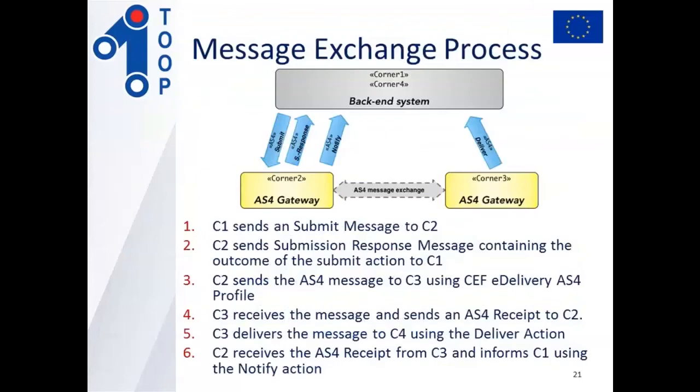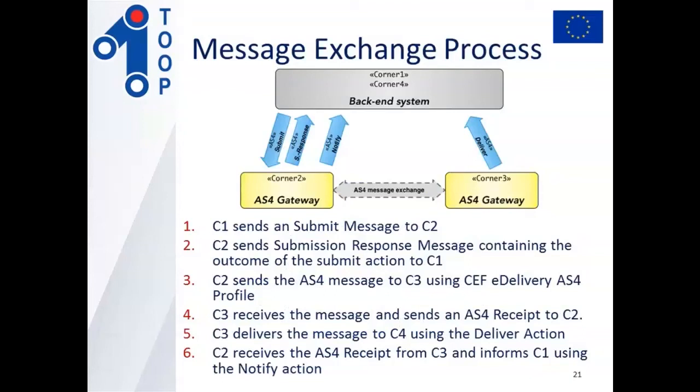Typically, in the message exchange process, we have the backend system. In this picture, you see that it acts both as corner 1 and corner 4. Let's go on a step-by-step basis. So, step 1, corner 1 sends a submit message to corner 2, and this is the first arrow you see,